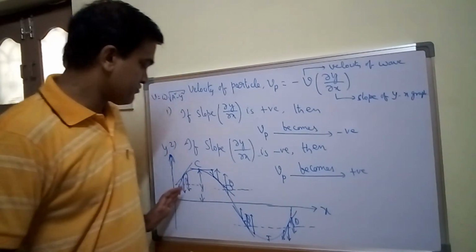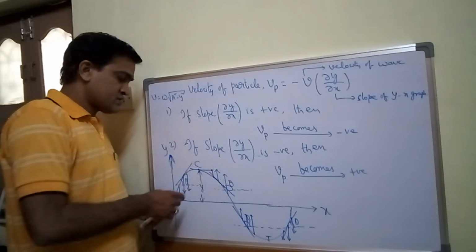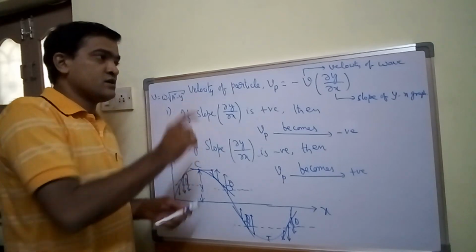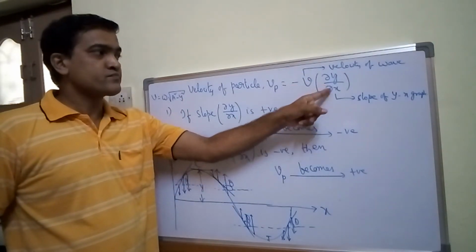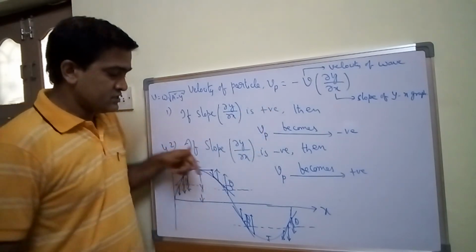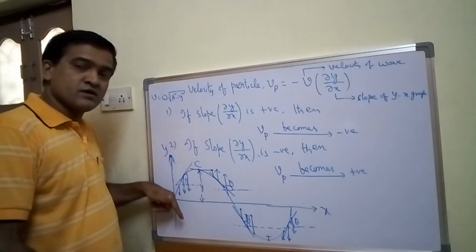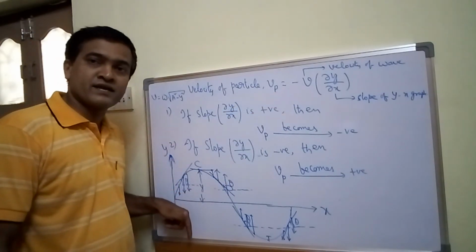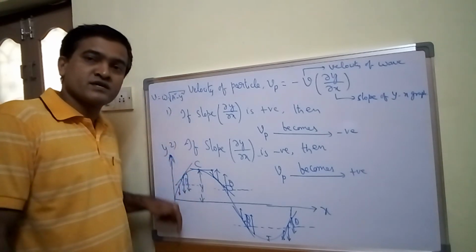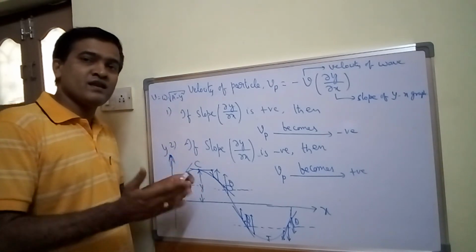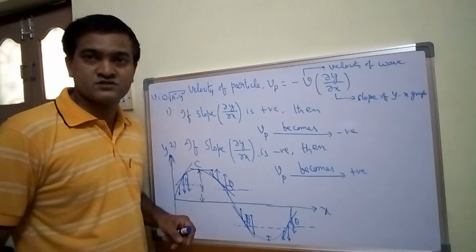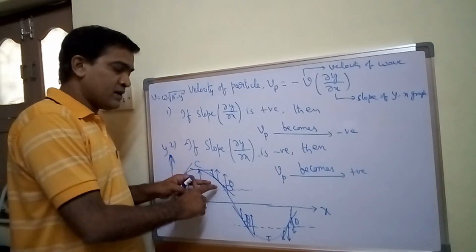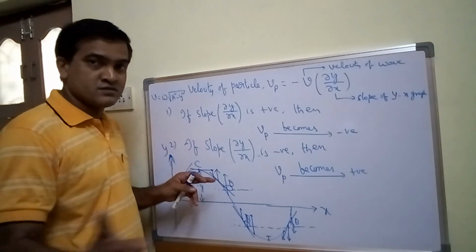So when you consider a wave like this, it looks as if this particle is moving upwards, but this is not happening. Here it all depends upon the slope. When slope is positive, the velocity of the particle becomes negative, then the particle is trying to come down, because the velocity of the particle we got as negative, so it is coming down towards the negative y-axis, right? It is moving towards the negative y-axis. We feel as if the particle is moving upwards, but that is not the case. Here also, as the wave is going like this, the particle appears to be moving downwards, but that is not the case.